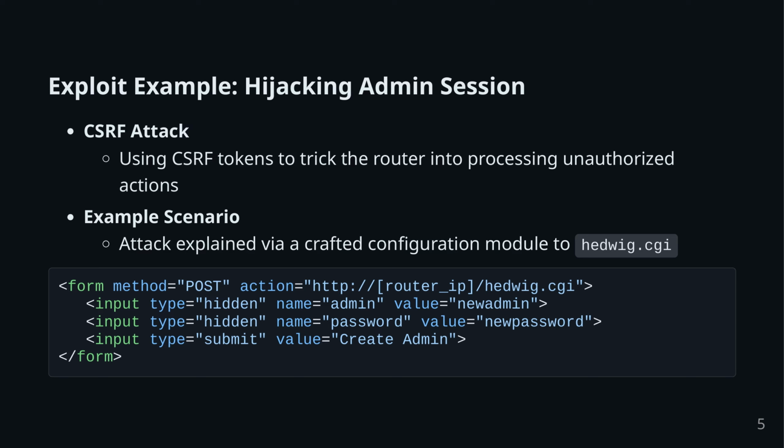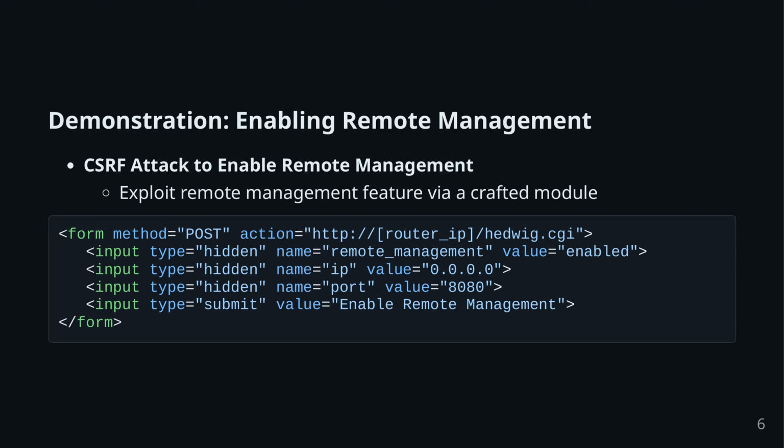When this form is submitted, it tricks the router into creating a new admin account with credentials specified by the attacker, thereby granting administrative access and compromising the network's security. This underscores the potential severity of the vulnerability, highlighting the need for robust security measures to protect against unauthorized remote exploitation. In this demonstration, we will explore how a cross-site request forgery, CSRF attack, can be used to enable remote